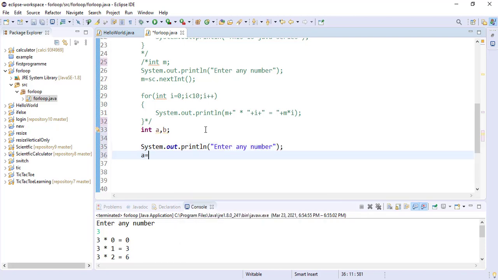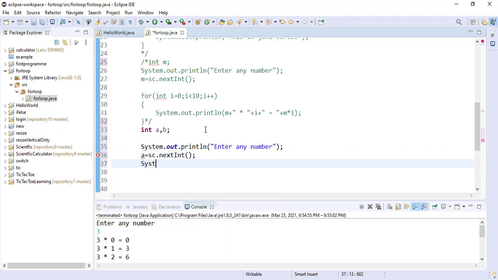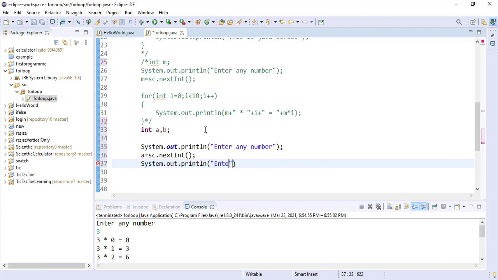Then I store that number inside variable a with sc.nextInt. Now I pass a print statement, System.out.println, enter the last digit of our table. So let us suppose if I want to print the table up to 20 times, or 30 times, you can do this. I store that number inside variable b with sc.nextInt, then semicolon.